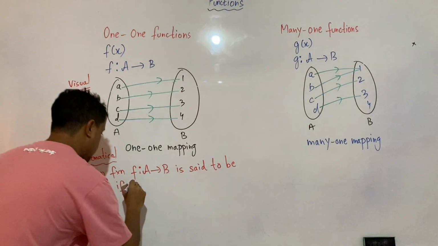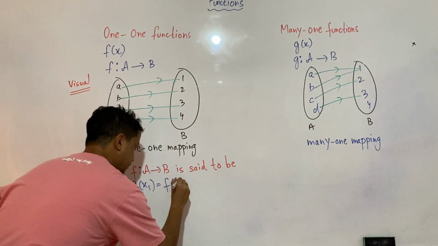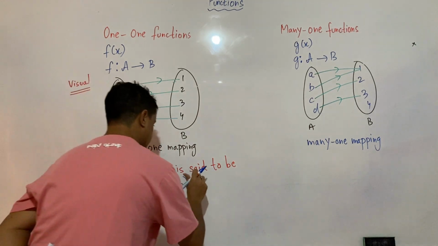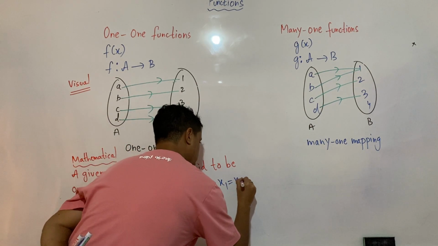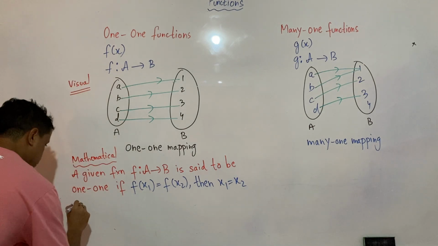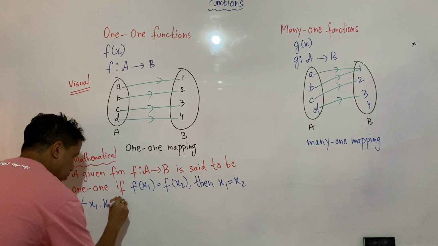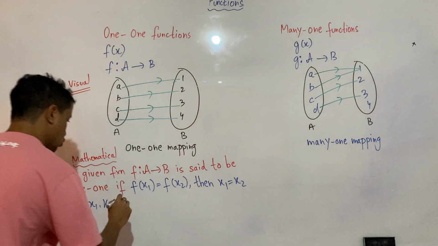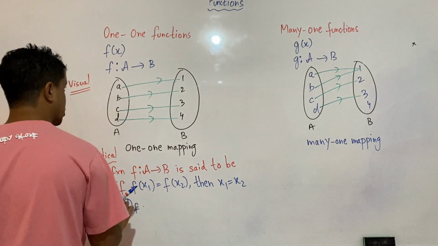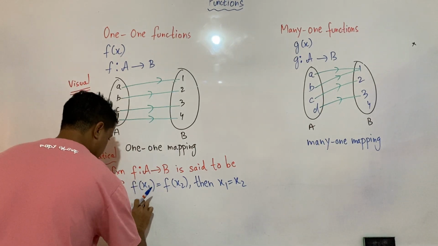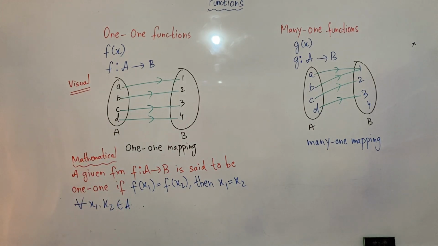What? If f(x1) is equal to f(x2), then x1 is equal to x2 for all x1, x2 belonging to the domain of the function, or belonging to A. The domain of the function here is A. Okay, what does it mean? Now see here,